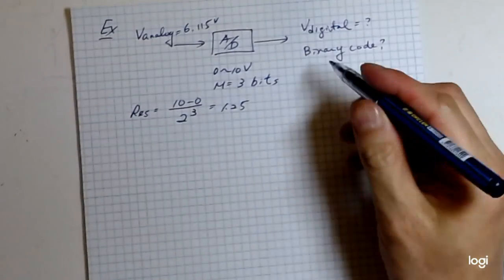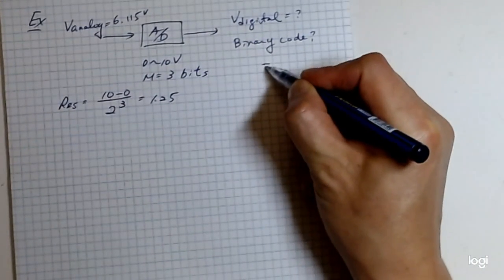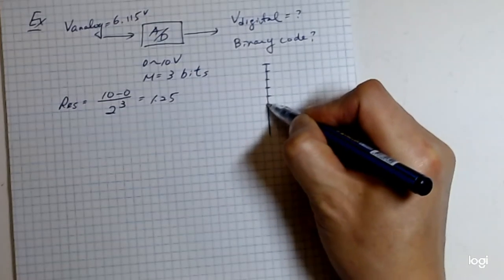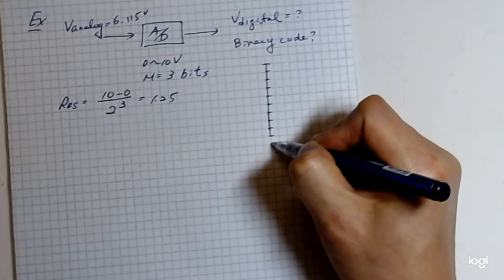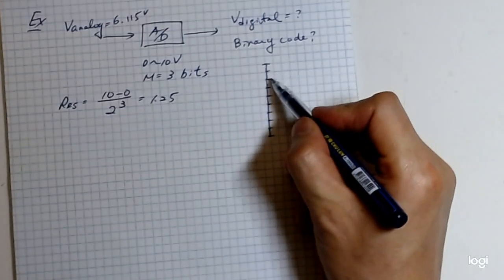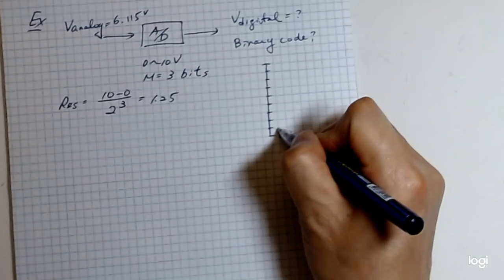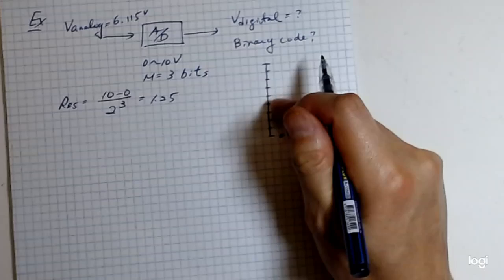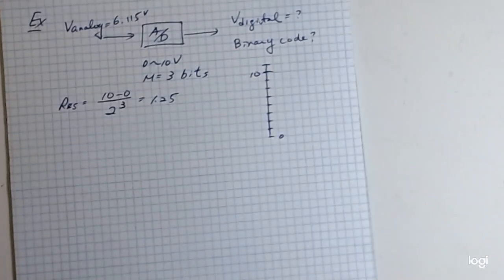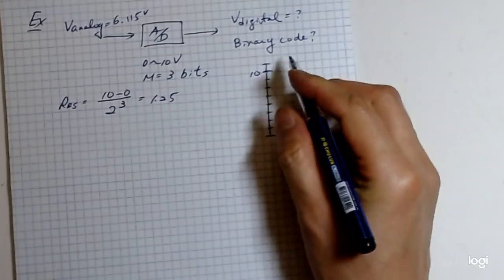So what does this mean? Meaning between 0 to 10, we divide this by 8. So the increment will be 1.25,